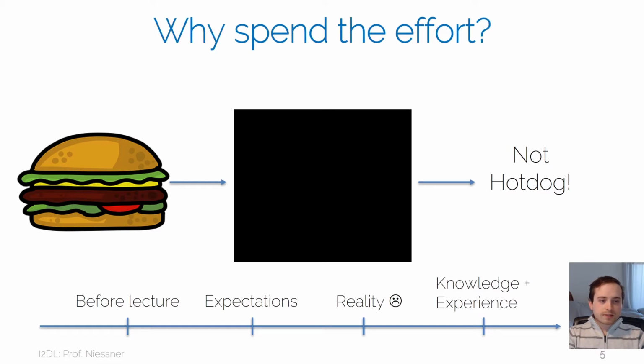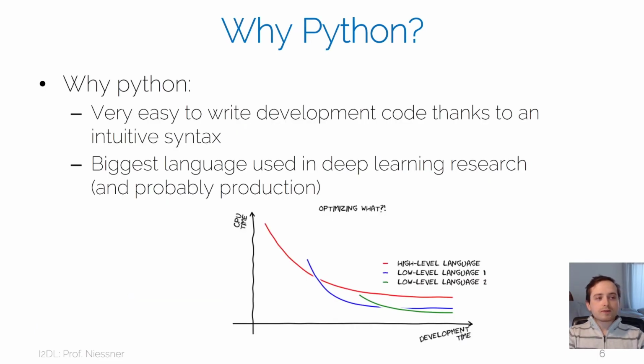So the next question is, why are we using Python for this? Some of you don't know Python and have worked with other languages, but the simple answer is Python is super easy to write code in. It's a very short time to proof of concept, and so many frameworks exist for Python for machine learning and deep learning. It's also probably the biggest language used in deep learning research, definitely in the research community, but also if you go and work in industry